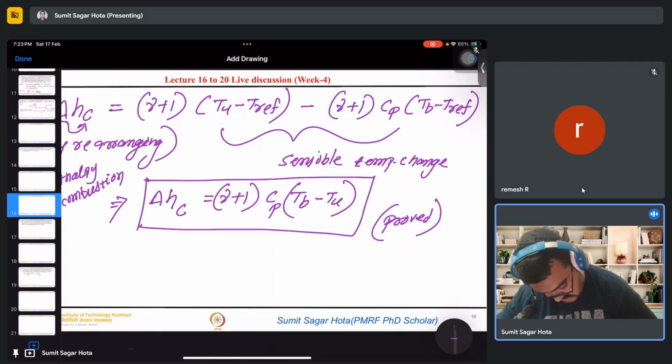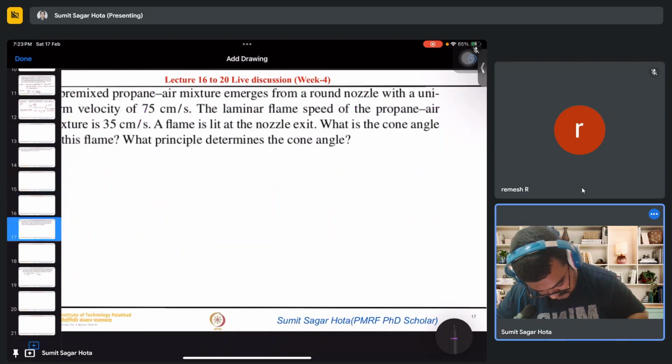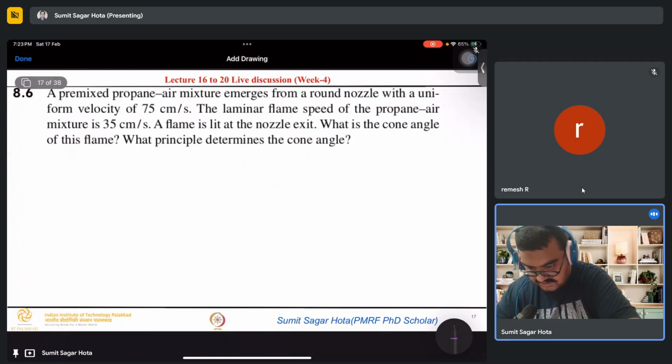So actually this formula is very important. Mostly questions can be asked directly from this formula. This is a very basic formula. So all these nu, Cp, Tb and Tu will be given, then they will ask you what is the enthalpy of combustion. This kind of question can very easily be asked. So when you know the proofs, in your exam also, if you forgot, you can do the proofs and get the answer, because directly remembering the formula is very difficult.